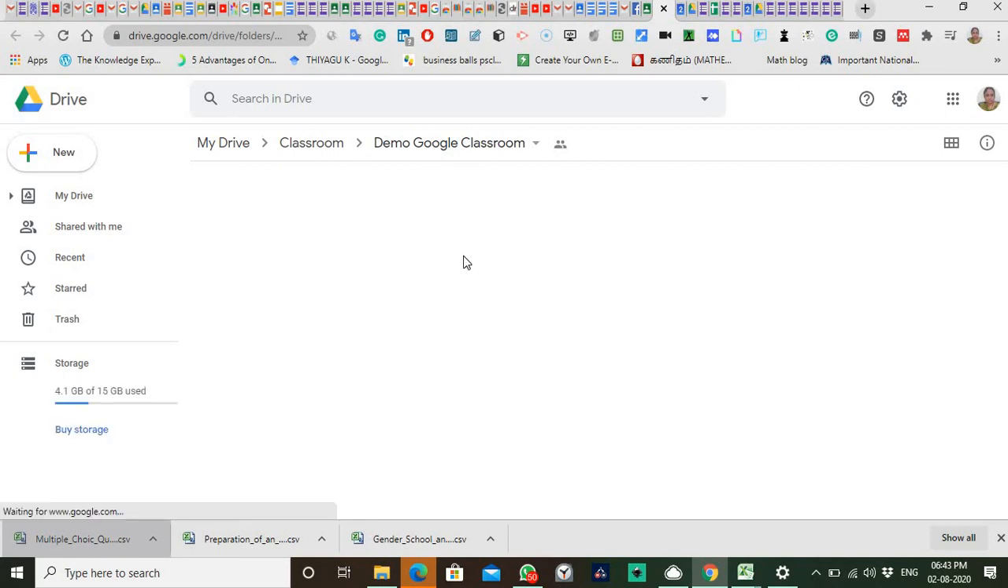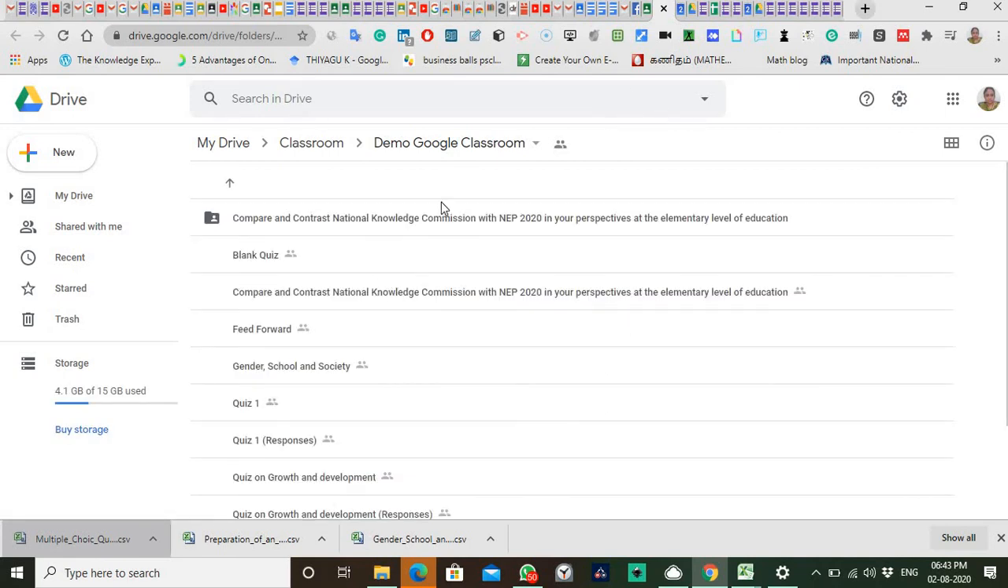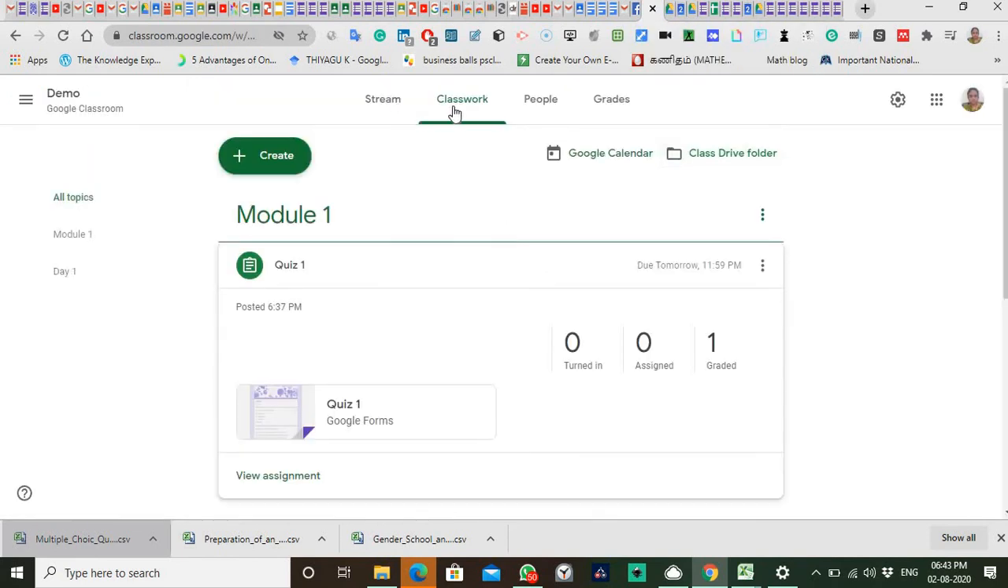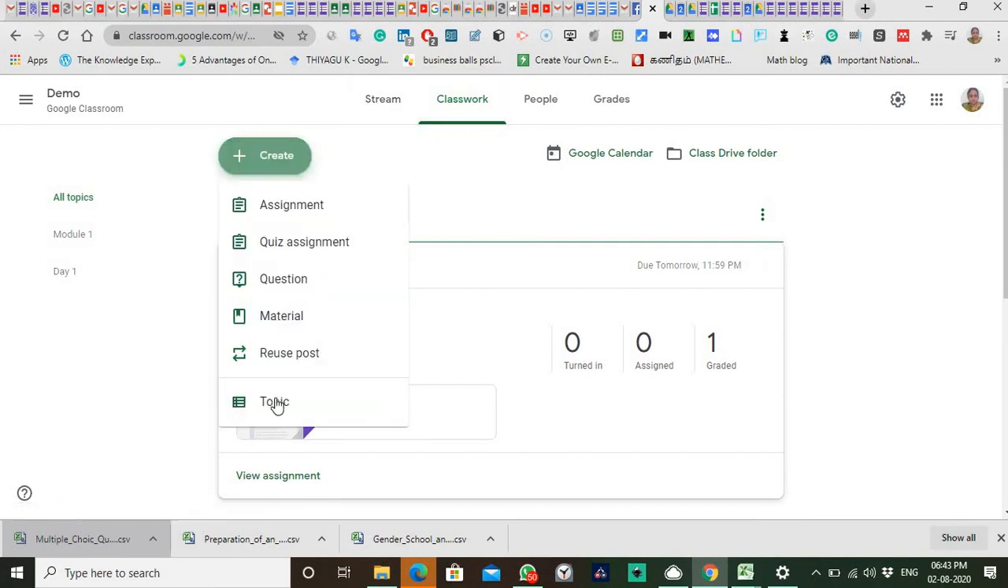If we want to access those things, we have to select them from here. These are the things available, and sheets, the Google Quiz One responses sheet is also available here. So we can access it through this also. Then in the create option we have